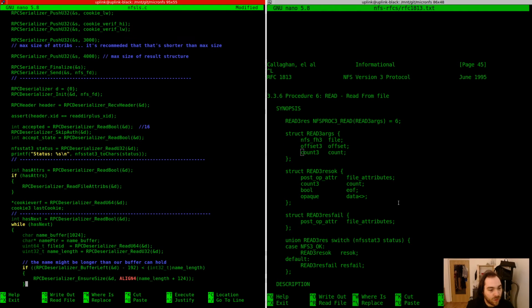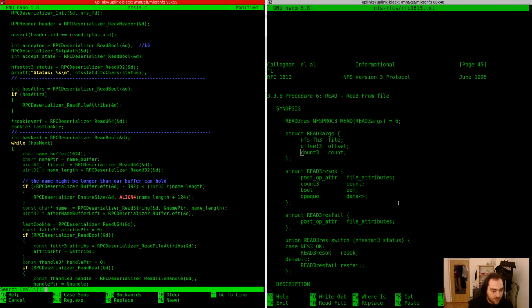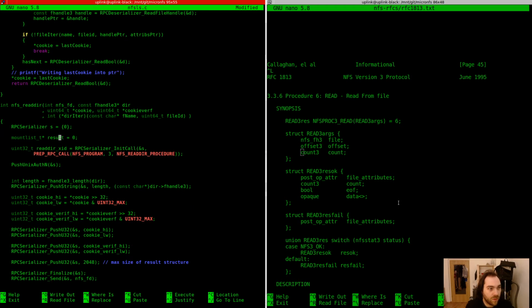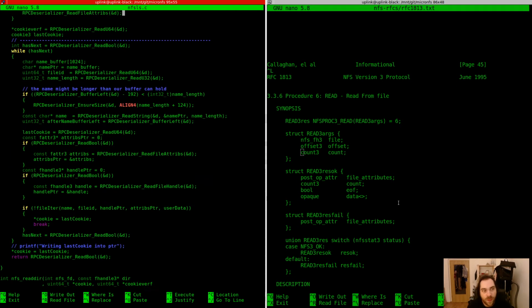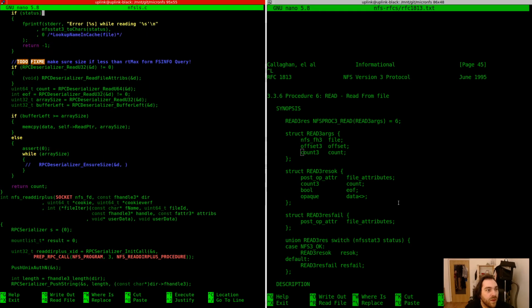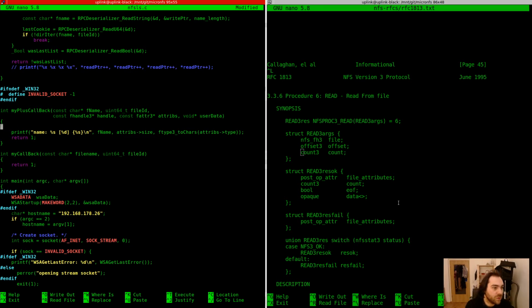And then whenever I call the callback, where is the place where I call the callback? Here's the place where I call the callback. It gets the user data pointer. And then I can do my callback, print the name, and right, I can do void star user data, and I just assume that this is